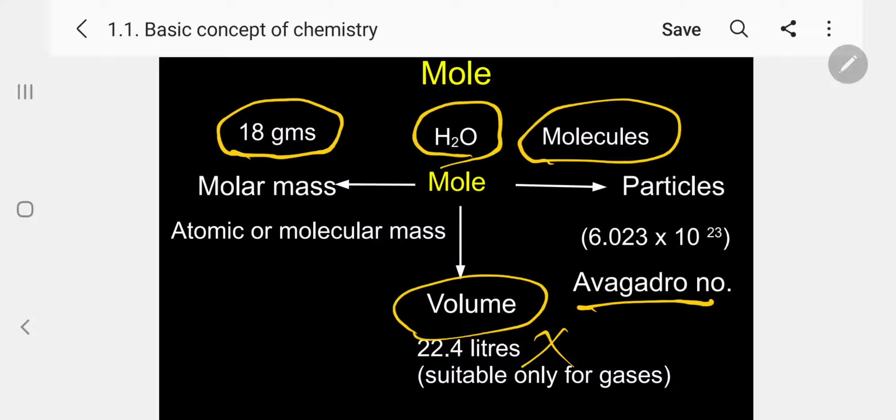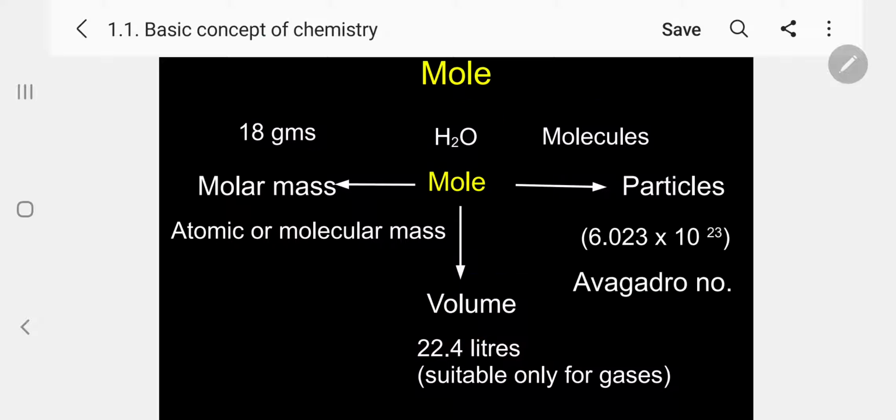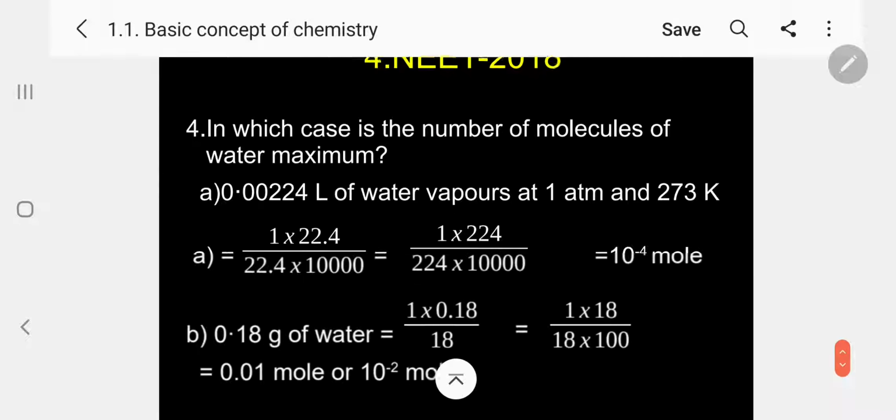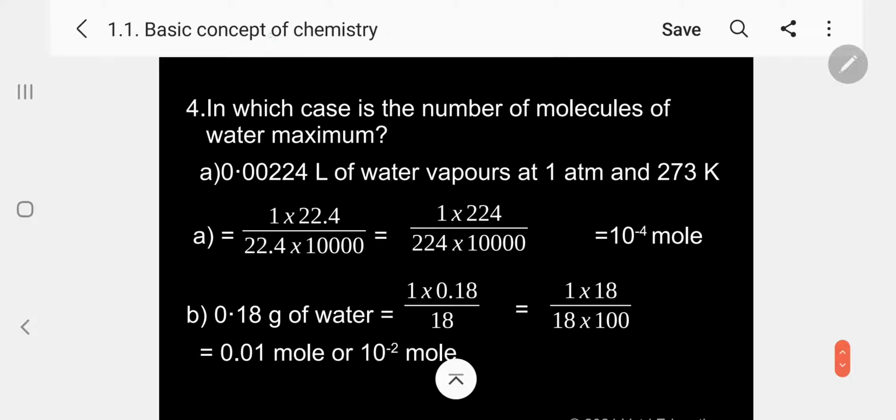So I am going to calculate now. Each one is just to find out what the values are. Kindly follow. The first, A, I am taking 0.00224 liter of water vapor at 1 atmosphere and 273 Kelvin. So I am expressing it in this form. In terms of liter, that is